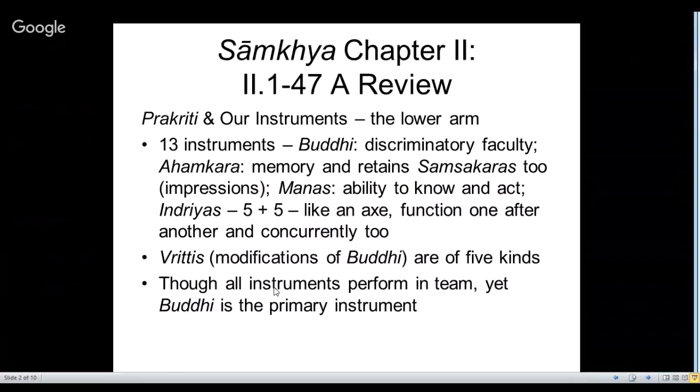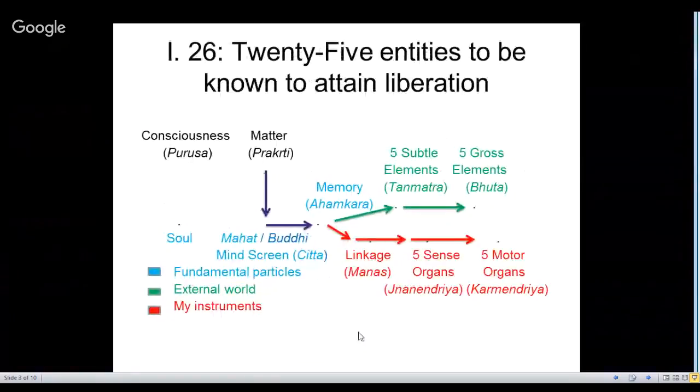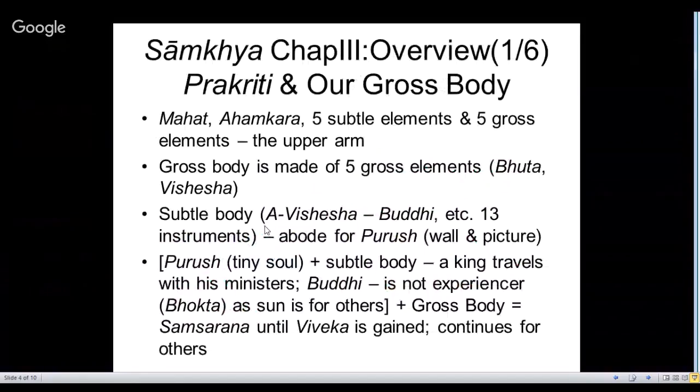Then towards the end of the second chapter, we saw that though all instruments perform in a team, yet Buddhi is the primary instrument. So as far as I am concerned, this is my desktop, and that takes help of all these organs. It's like if I am an emperor, this is my prime minister, and what does the prime minister do? He takes help of several assistants. So that was our chapter 2. Today I will give you an overview of the third chapter,